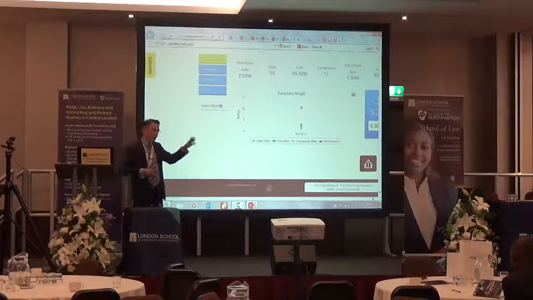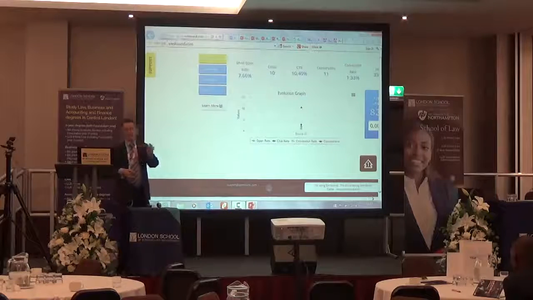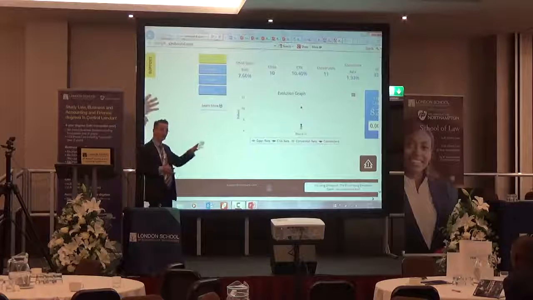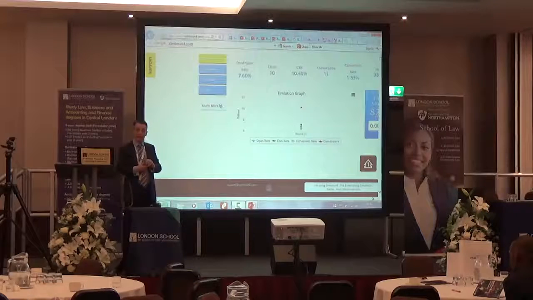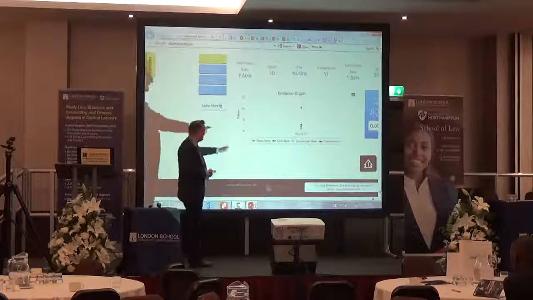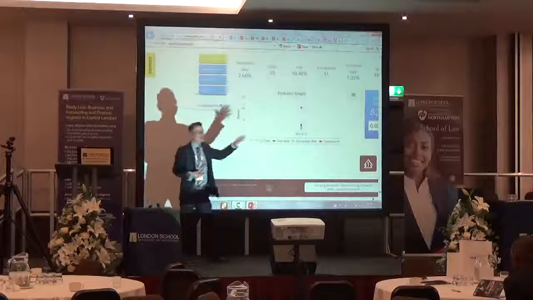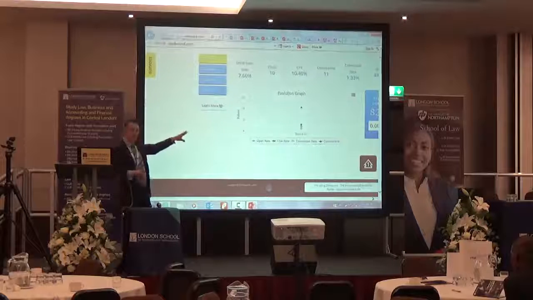Being able to track that all the way through is one of the reasons why Tesco has been so successful in the use of its data. We've been talking a lot today about data, but the commercial organisations use it very well. This enables students to engage in that type of activity within the simulation itself here.